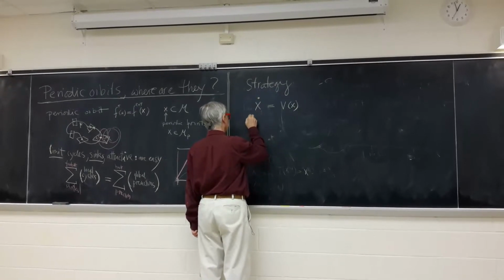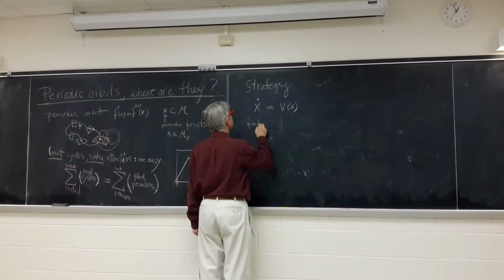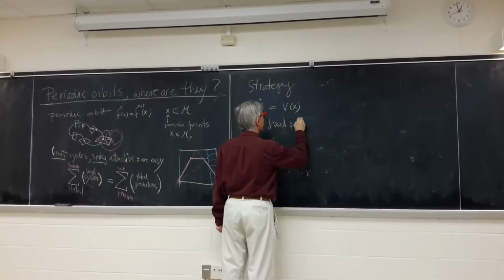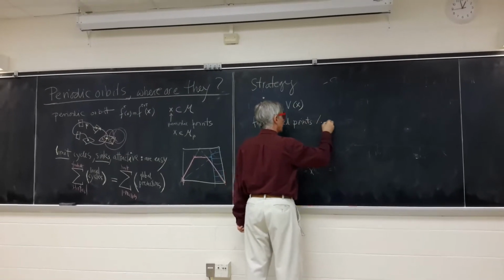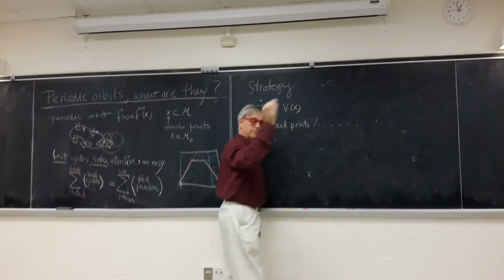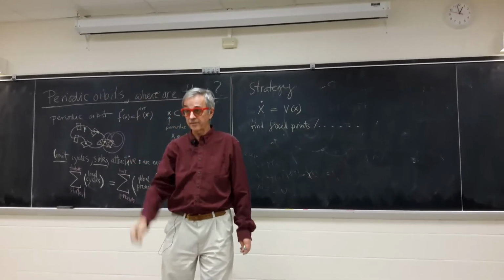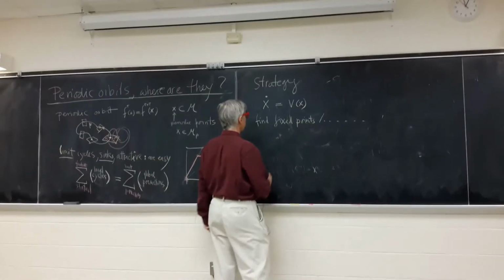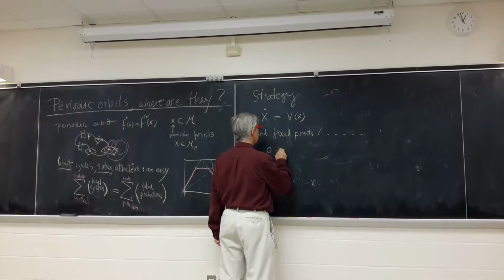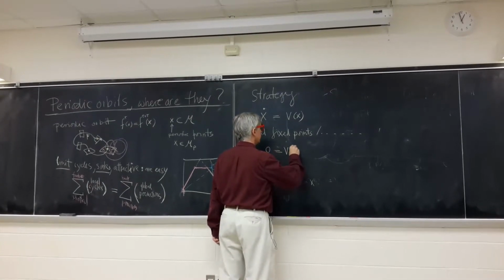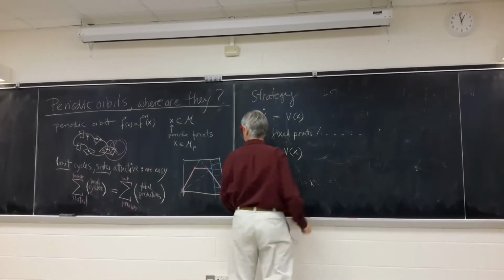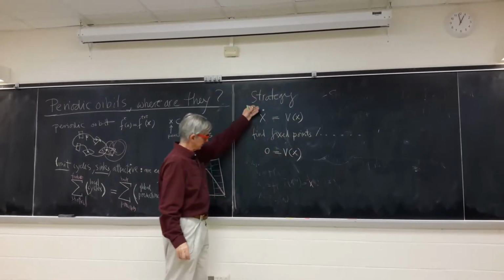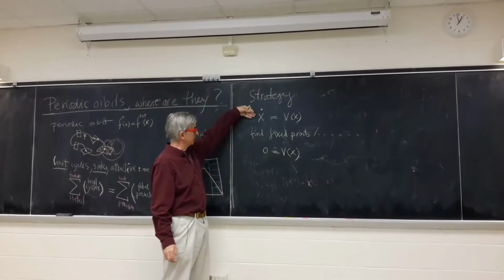And first, find fixed points. And again, that now has a long list of names. You can call them equilibria, relative equilibria, traveling waves, all kinds of things. If you reduce the symmetry, eventually you're solving the problem that 0 equals your vector field. So you're solving what's essentially, for ODEs, an algebraic problem, because on the left-hand side you